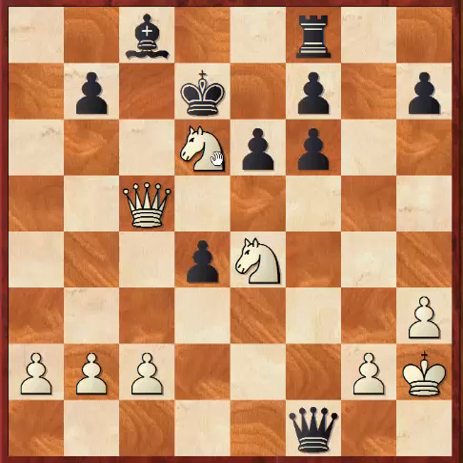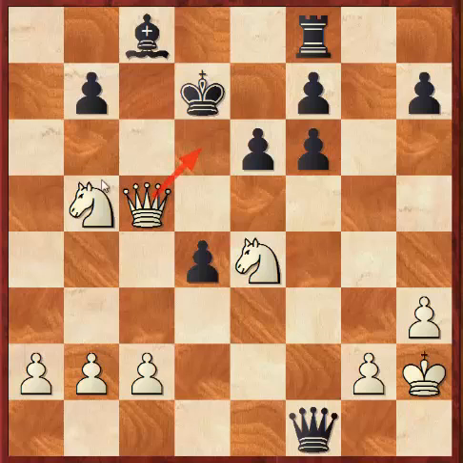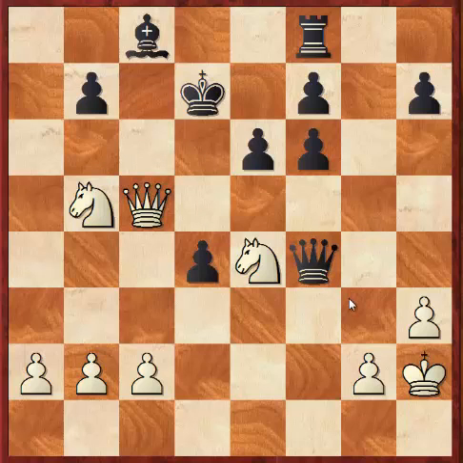Very desperate now from black. Knight b5, threatening to mate. Queen d6 check, king has to go back, and then knight's going to come into c7, checkmate. And now black tries queen f4 check, and after g3, black resigned here because